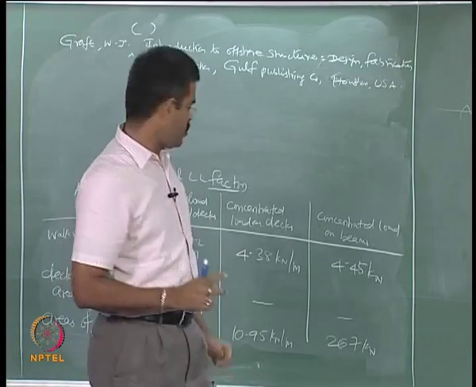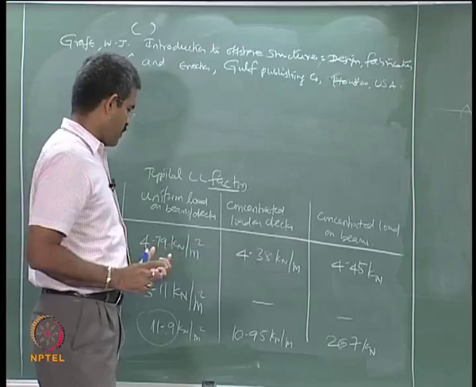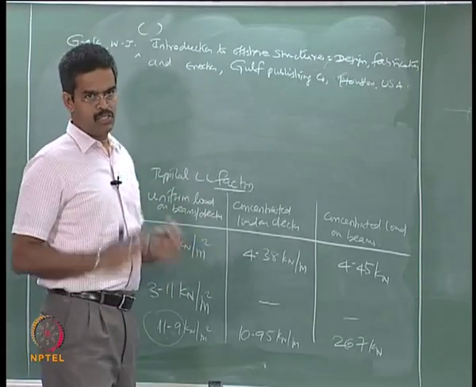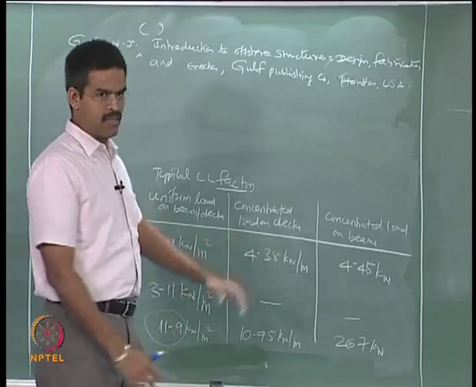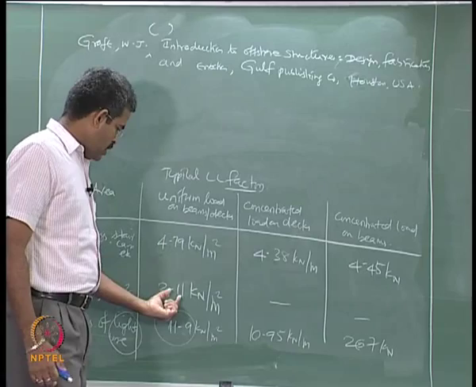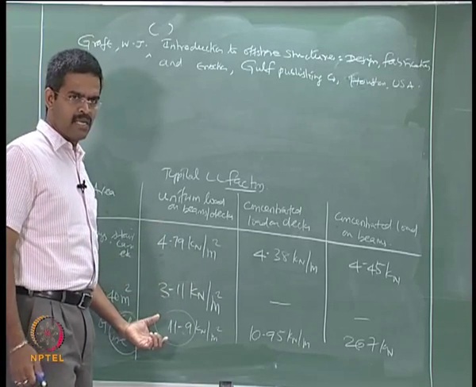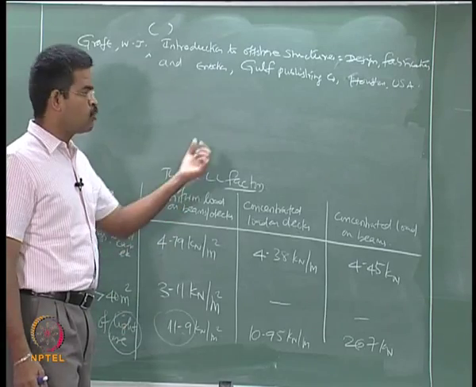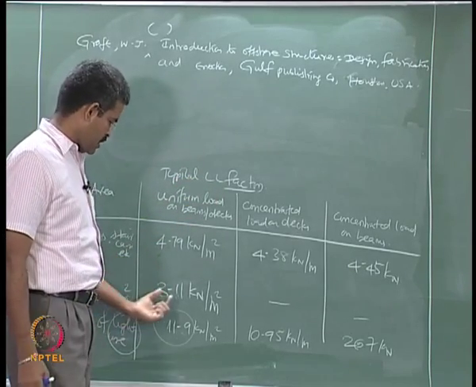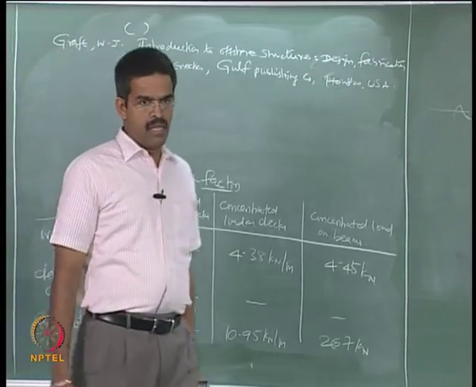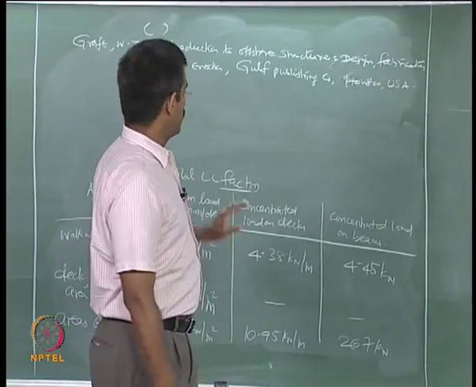They are clear. Of course, this changes the designer's option, changes with what kind of equipment you are using, but it is only an idea just to know what is the value in comparison to the buildings. And you will now note very clearly all the values stated here are much higher than meant for buildings. Whereas I said 2.5 to 4, but this is 4.79, this is 3.11, this is 11.9. Very high. So that is what we are talking about, the live load here.